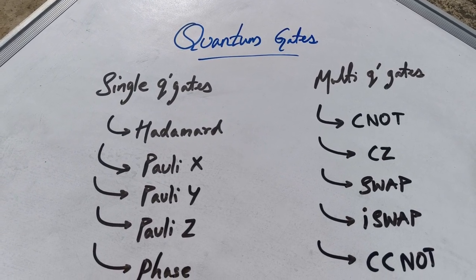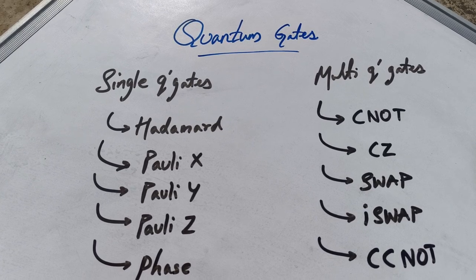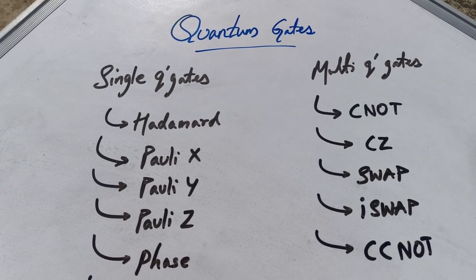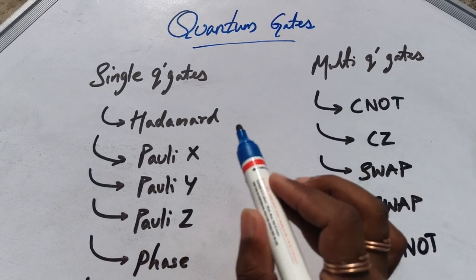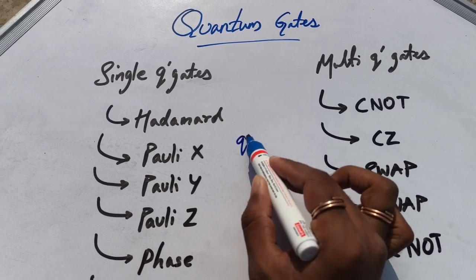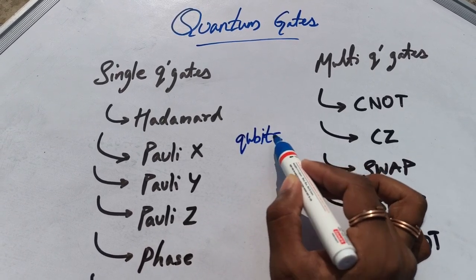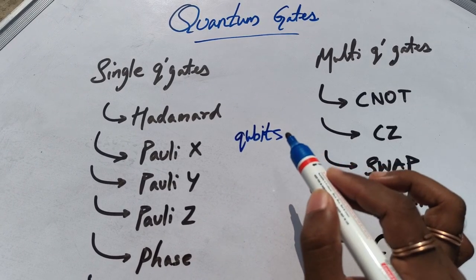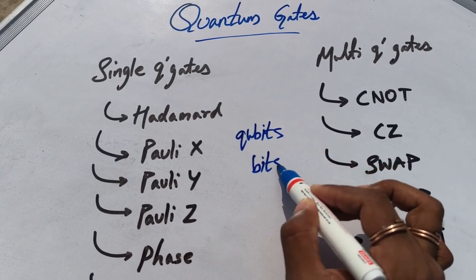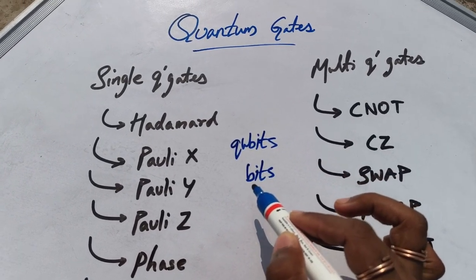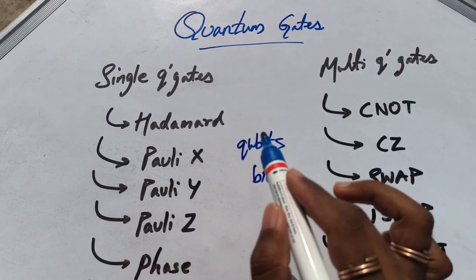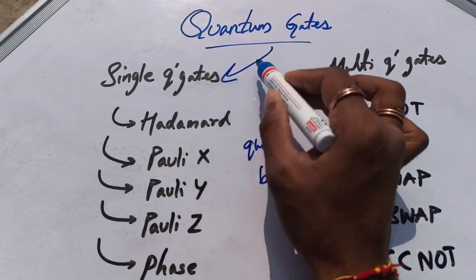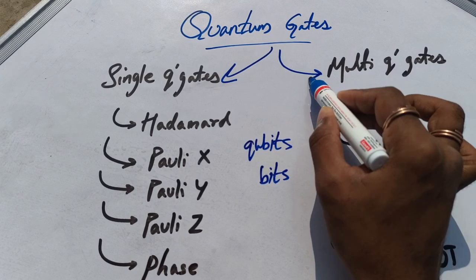So in this lecture I'm going to discuss one of the most fundamental concepts in quantum computing. In quantum computing we deal with qubits and we have quantum gates, whereas in classical computing we deal with bits and we use logical gates. In quantum computing we have various quantum gates, that is the single quantum gates and the multiple or multi